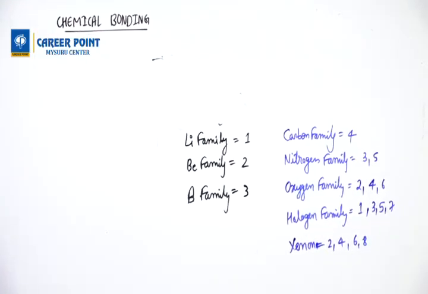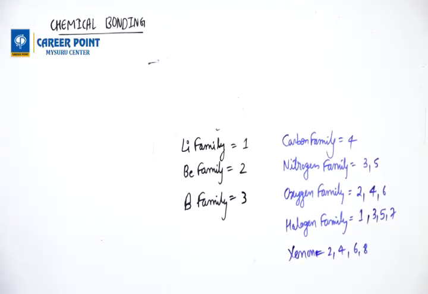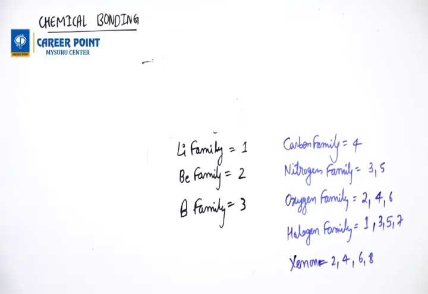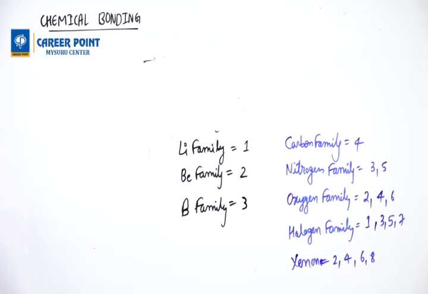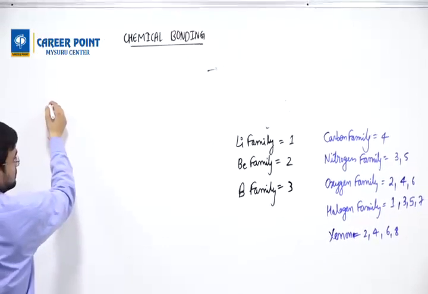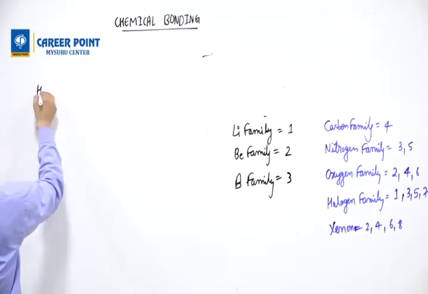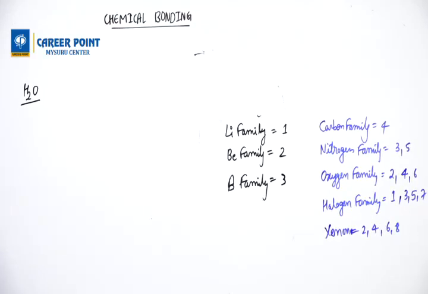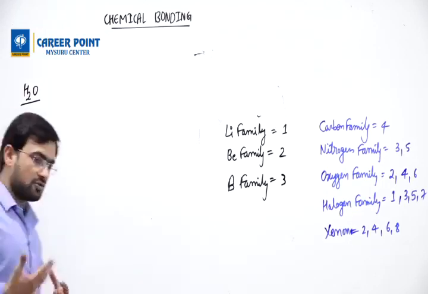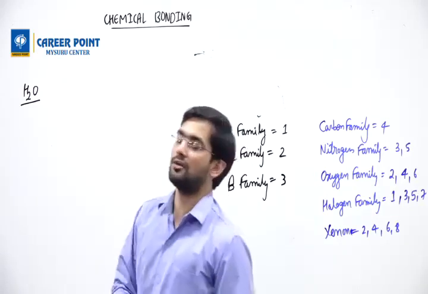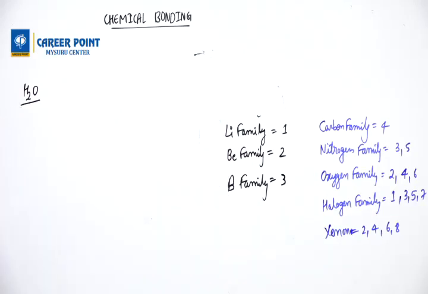Because in the exam they won't ask you to write theory for this, write theory for that. They will directly ask you what is the structure. Try to draw the structure of H2O. You need to understand what structure means. My question to you is, which atom is bonded to which atom? How they are bonded? Understand the question?